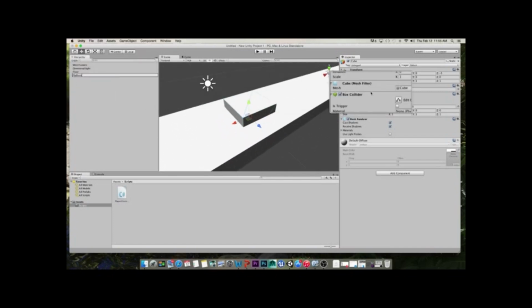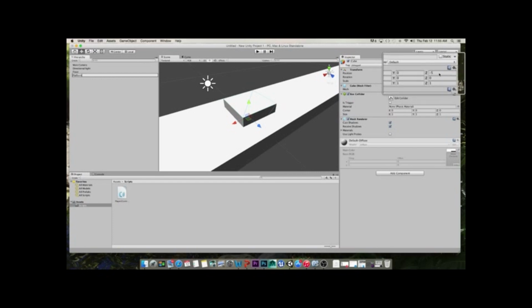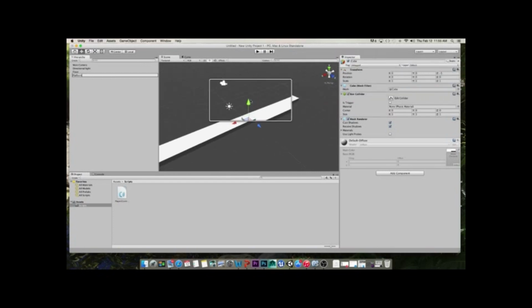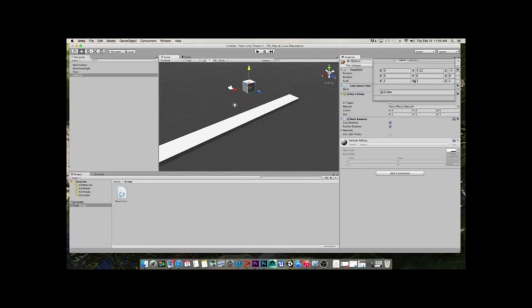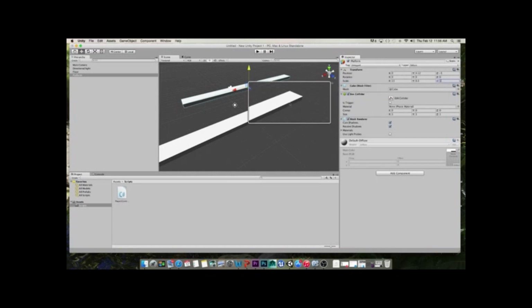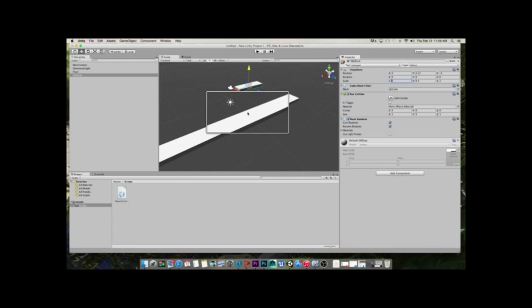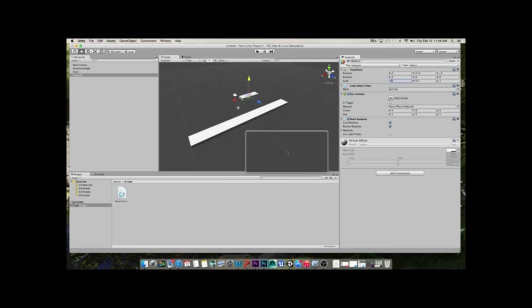Alright, it's set to -5, so let's go ahead and just drag it up a little bit. There, that way it's floating. So we're going to set the scale to, how about 3, 0.3, and 1. Alright, so that looks good. Oh, there we go. Alright. So now that we have our little scene set up, we're going to make a player